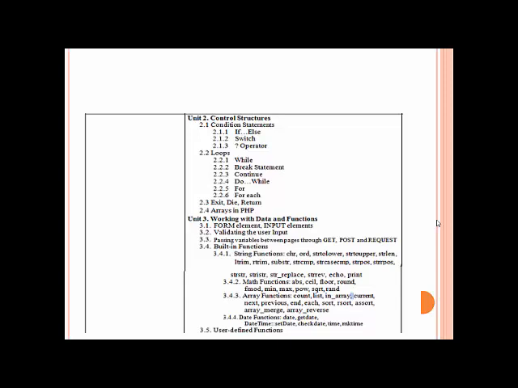Unit 3 will contain working with data and functions. In that we'll work with forms, validate them, retrieve the values, send the values.